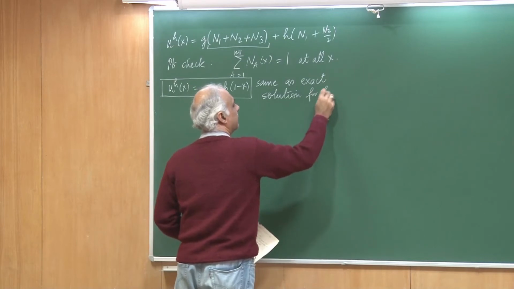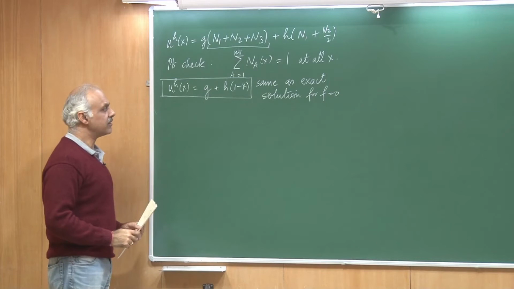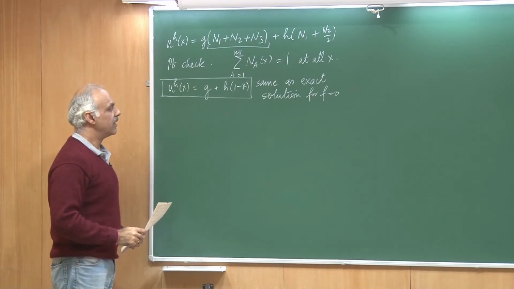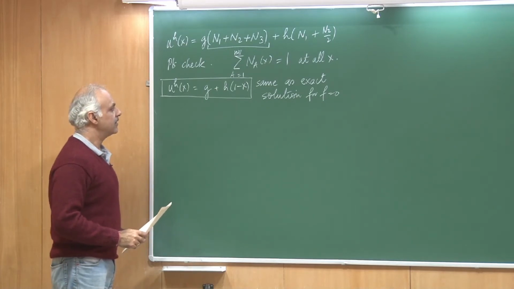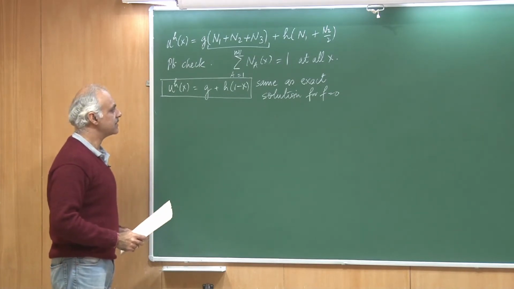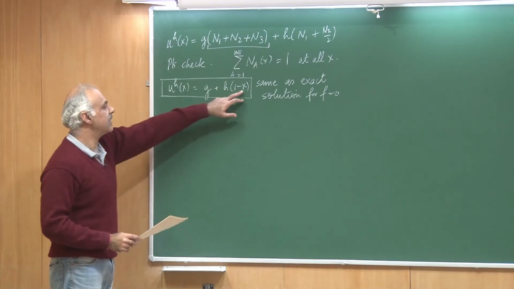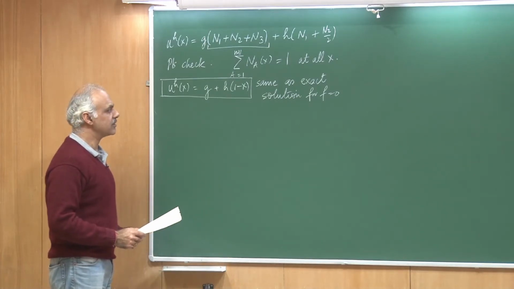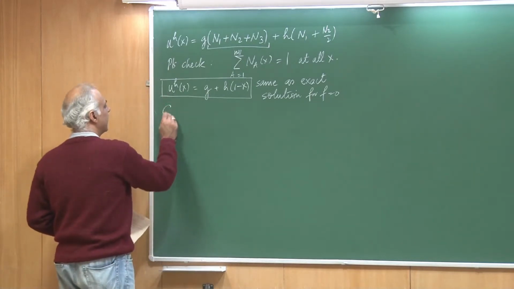For f equal to 0. Of course, this is no longer a surprise, because even for n equal to 1, that means we had only one unknown, we were able to reproduce the exact solution for the homogeneous part. So for n equal to 2, which is a better approximation, this does not come as a surprise. And like I said, the exact solution is linear, and it is only fair that a linear approximation should show it exactly. All right, let us go to the next case,